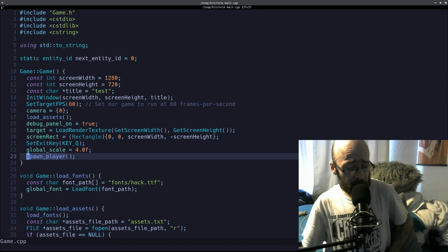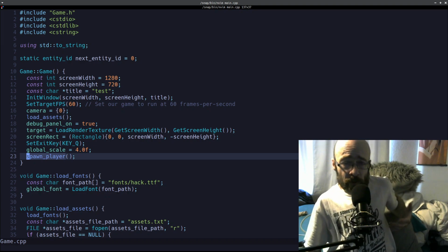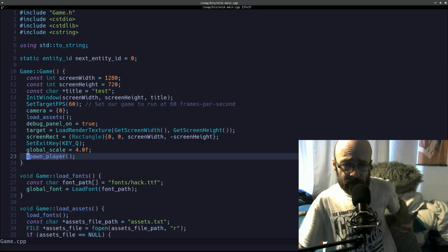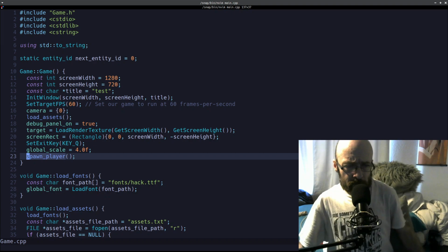We want to be able to specify some of this stuff at object creation like we're doing here, but we want to do it in a way where it's modular. You want to be able to call functions to set the screen width and height. You want to call functions to set the title, the FPS, and so on and so forth. So we're going to do a little bit of that right now, but I'm going to do it in a